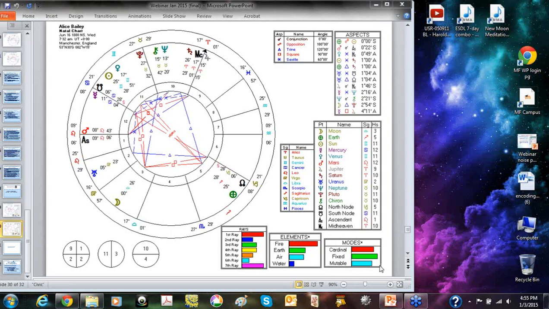The primary preponderance in fixed signs shows a tendency to a conservative approach, a tendency to caution, and one who is more stable. The secondary preponderance in cardinal signs shows a tendency for independence, seeking control over her environment, drive, and ambition, and a tendency to start things but with the potential lack of follow-through.